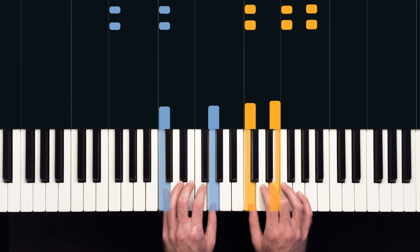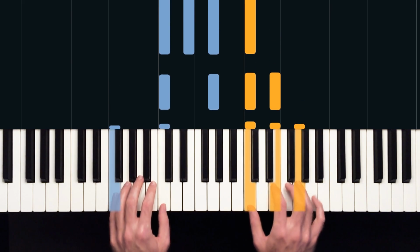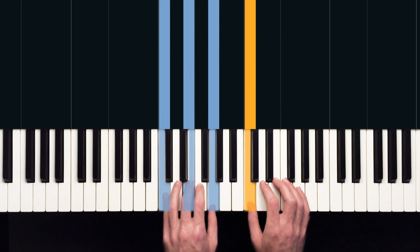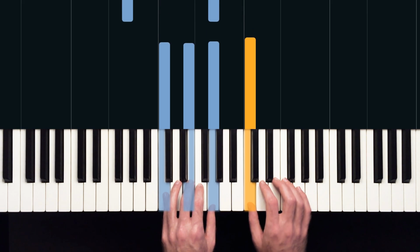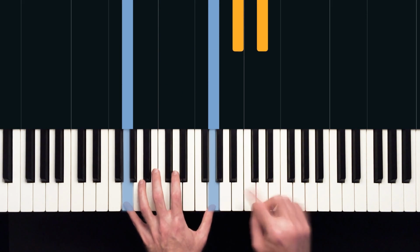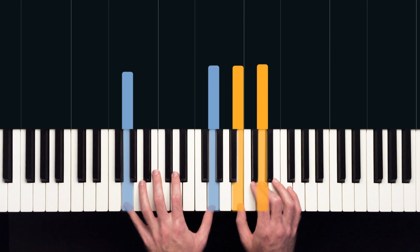So this is the same as bar 2, just without that playing on beat 1. 1 and 2 and 3 and 4. Our left hand's playing the full chord, right hand plays C by itself. Then the right hand is going to play a kind of a G major shape. We're going to do a G in the left hand. We've got the octave Gs, and the right hand is going to do a B and D at the same